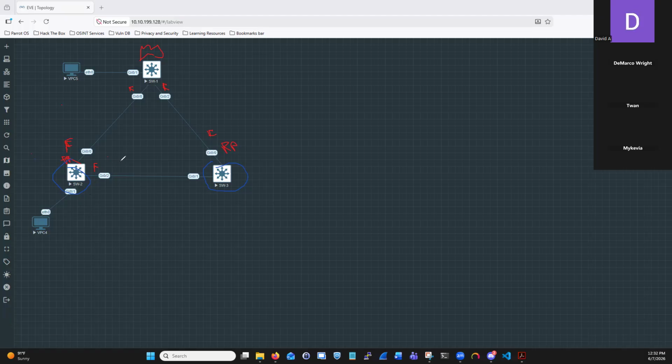It becomes a port that has the state forwarding, but the role is a designated port, because I am the designated switch on this link between non-root switches. Okay, so let's talk about